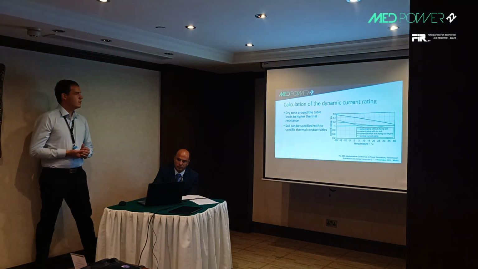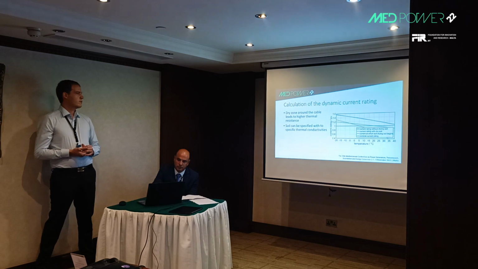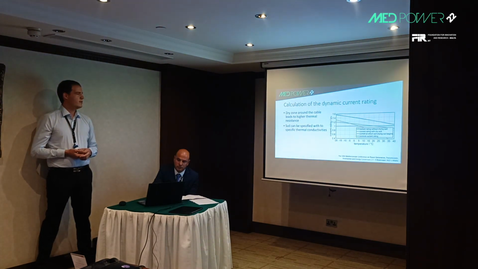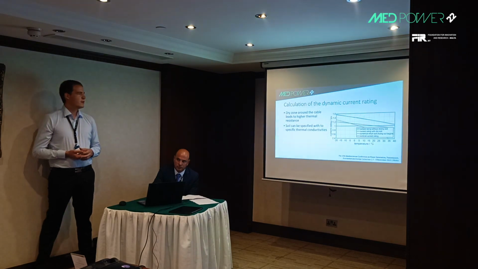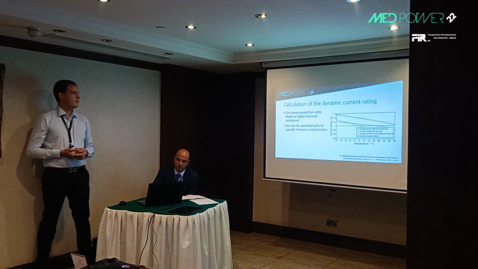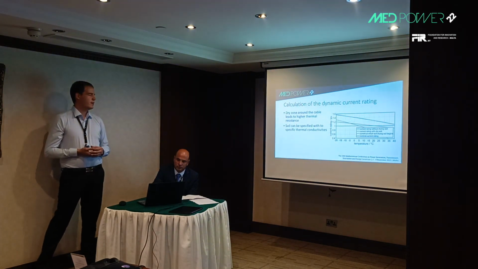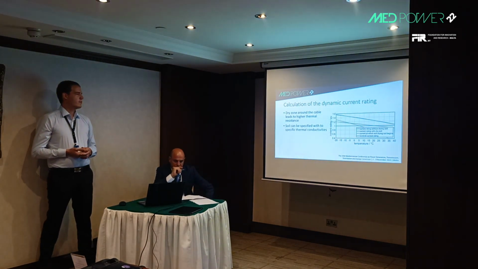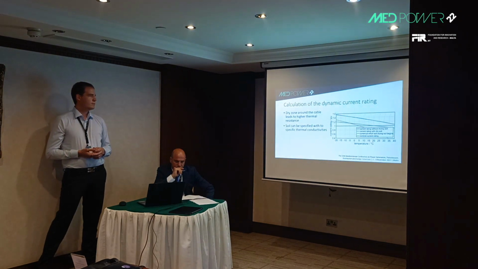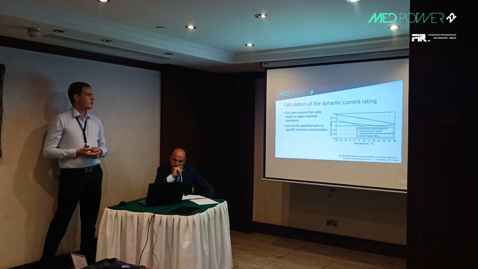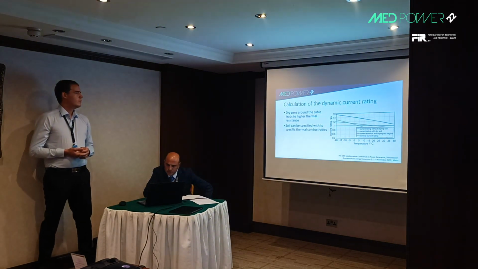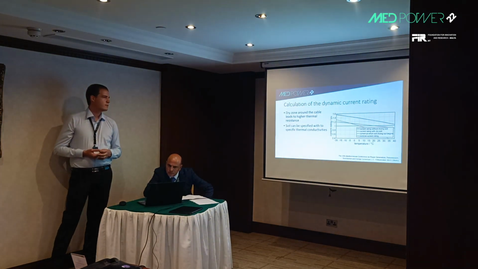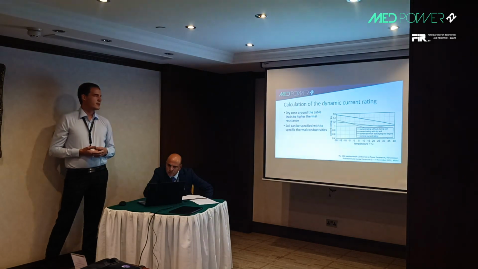And in this figure you can see 4 different curves for the current ratings of the cables for different temperatures. The red line is for the nominal current rating, like 400 amperes. The blue line is for the current rating without drying zone. And the green line is with the dry zone, and the orange is if the zone drying out